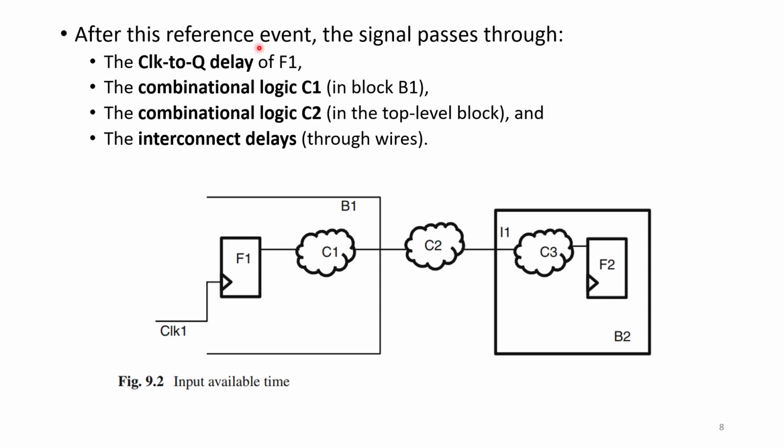See here, after this reference event, the signal passes through the clock to Q delay of flip-flop 1. Whenever the clock triggers, only then will data be available from D to Q. So it will have some amount of delay called clock to Q delay, followed by the combinational logic delay of C1, which is from block B1, followed by the combinational logic C2. Suppose this is one block, this is another block, and this is overall present in one top level hierarchy. That's why we need to consider C2 as some top level block, and then interconnect delay through the wires. After all these delays, we will get to know how much time it is taking for the data to be available at